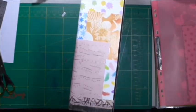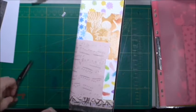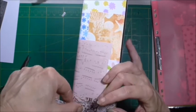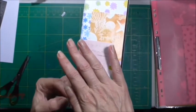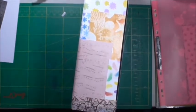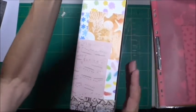Alright, and then I'll grab the other one. I'm going to make sure I've got a straight piece here, because we did the angle bit before. I have to just cut a little bit off, and then what I'm going to do is stick that over the top like so. Oh no, this is going to stick. It's got no chance of coming off. Well, okay, maybe a little chance. But I'm going to say it's got Buckley's to none chances. So there you go. Alright, so now that we've got that down,